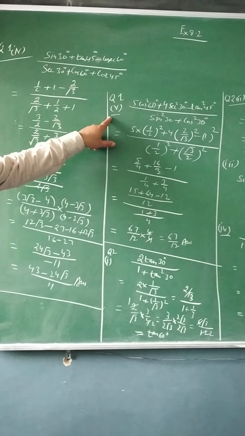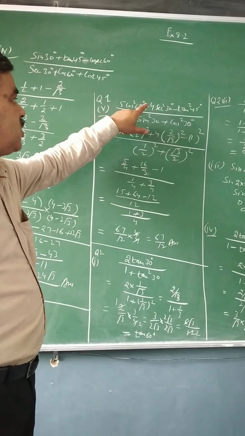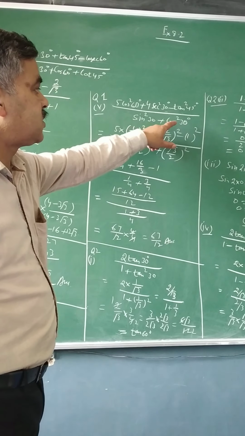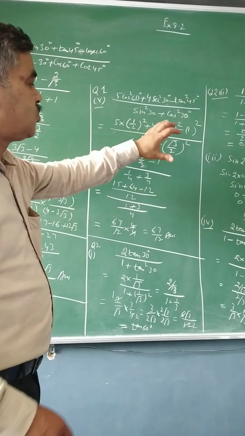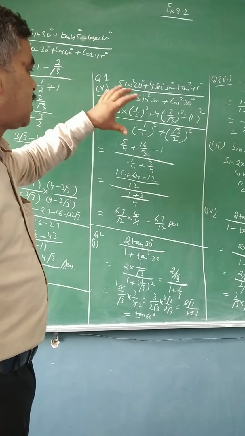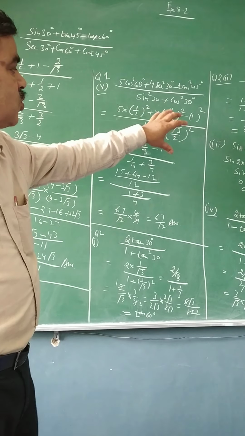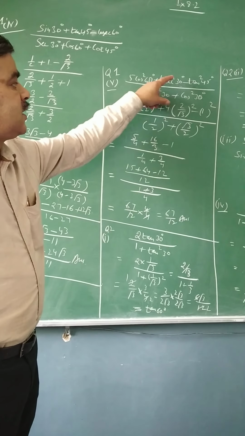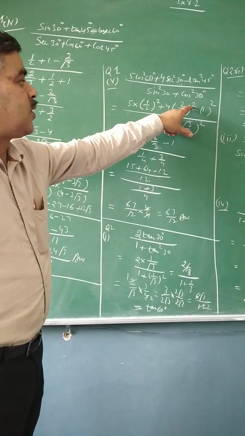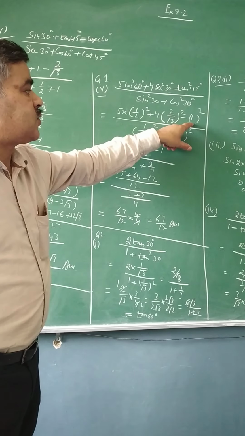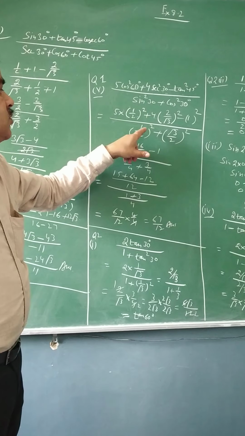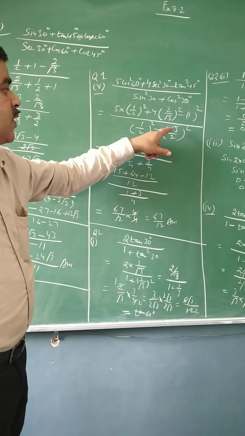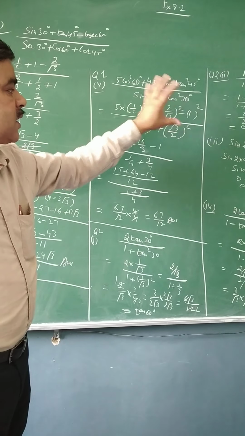Then your fifth part of first question is 5 cos square 60 plus 4 secant square 30 minus tangent square 45 upon sin square 30 plus cos square 30. Again you need to use the table and please keep a check that within the first step your trigonometric part is over. So cos 60 is 1 upon 2, square of 1 upon 2. Secant 30 is 2 upon root 3, square of 2 upon root 3. Tangent 45 is 1 so square of 1. Sin 30 is 1 upon 2 so square of 1 upon 2. Cos 30 is root 3 upon 2 so square of root 3 upon 2.